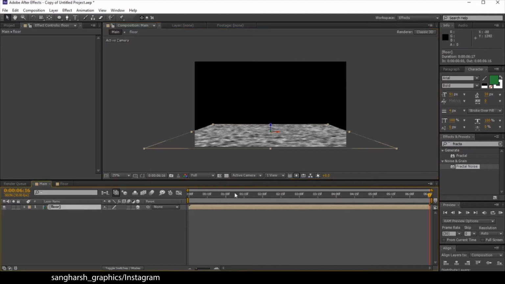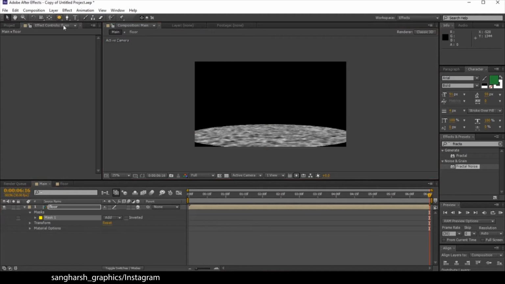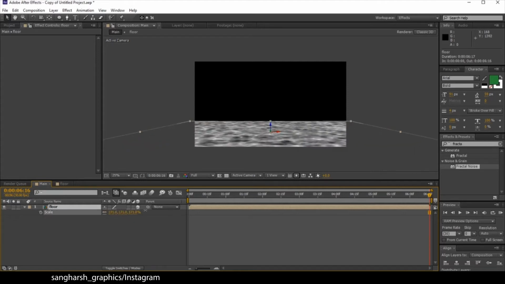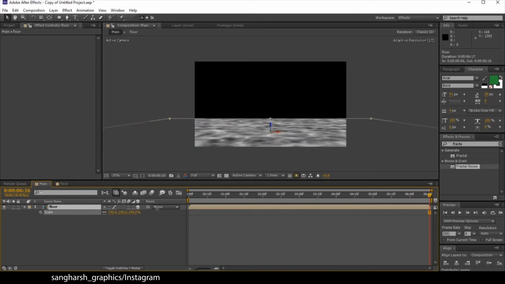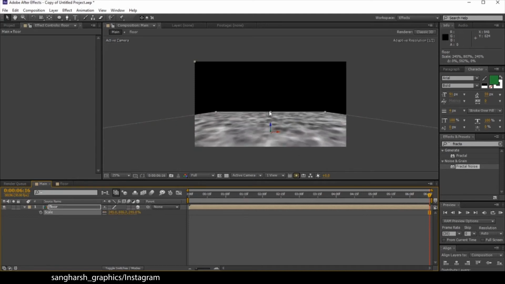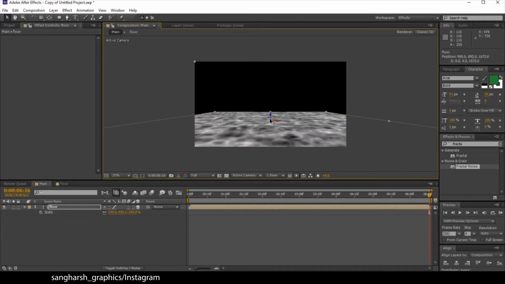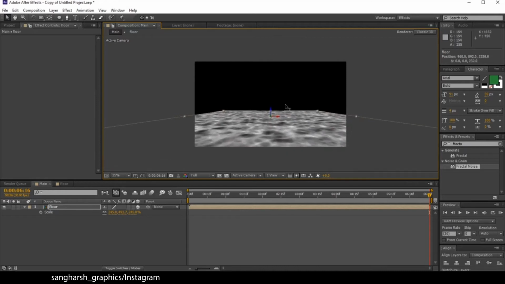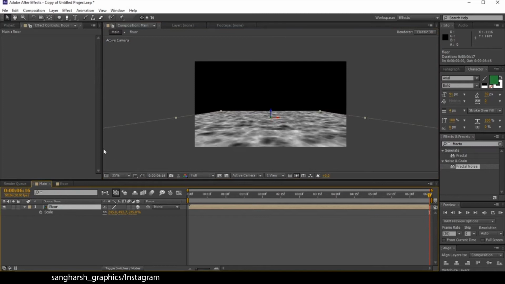So let's make it smoother. You can see we have hard edges here. Select the floor composition, double click on this evolution. Okay, let's just scale it first because it is too small. Scale it bigger, greater than 250, like this. Let's scale it on y-axis also, just like this, and let's just drag it back on y-axis just to get some depth, like this. Now select your floor composition, double click on the ellipse tool.